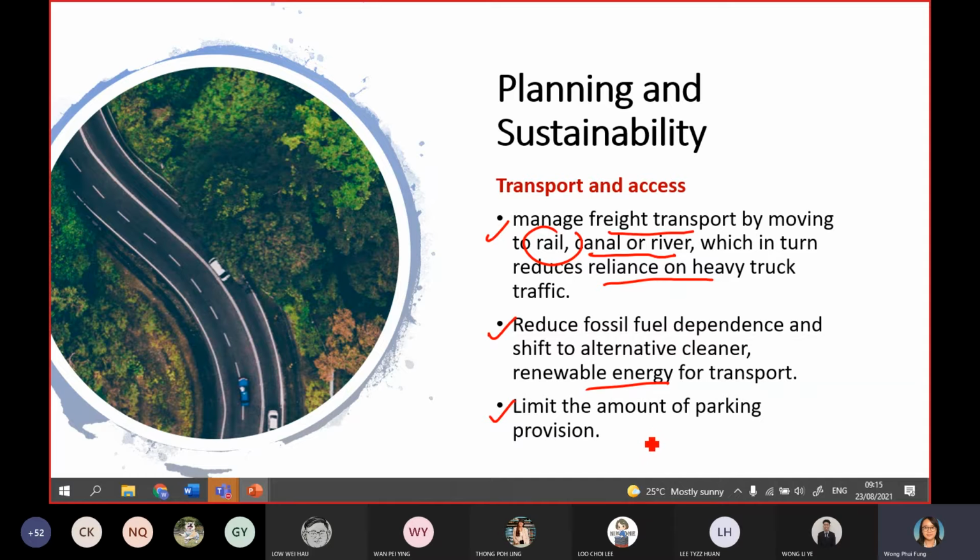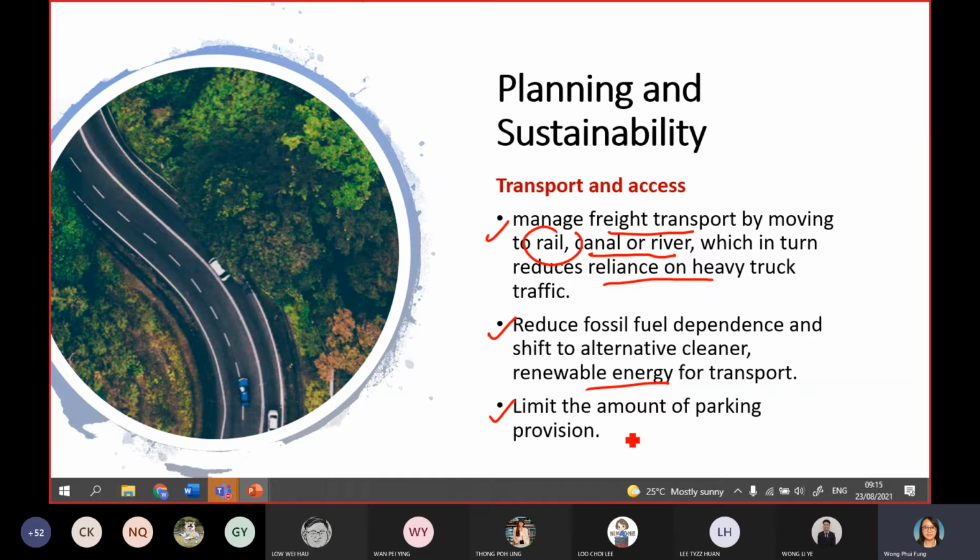So that is not good, because if you provide 4 car parks, you are actually encouraging people to buy more cars, to drive more. So maybe for the next generation, or in the future, developers should think about it. Maybe just providing 1 car park is sufficient already. Fewer car parks is better. Then they can build more units. That is something that can be considered in the future to integrate sustainability and reduce car usage.